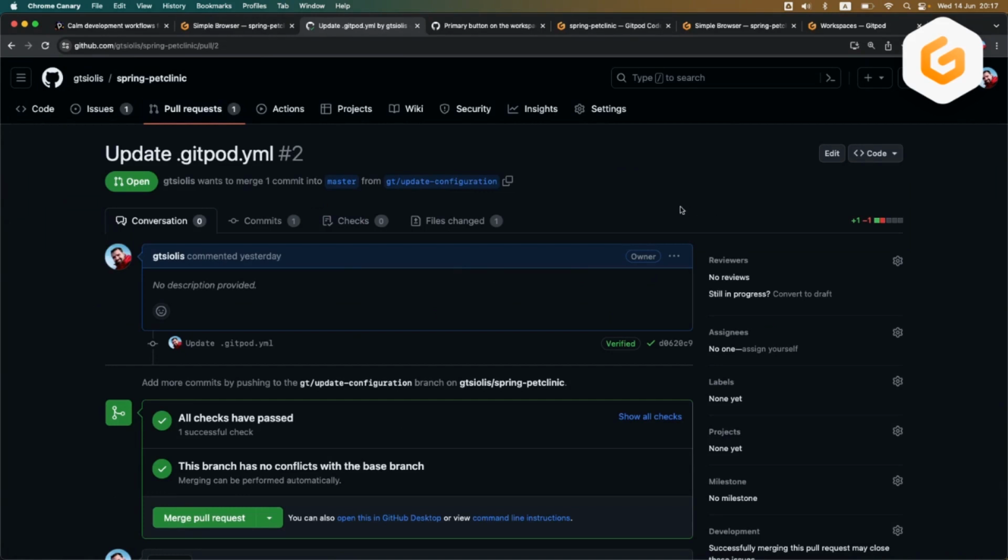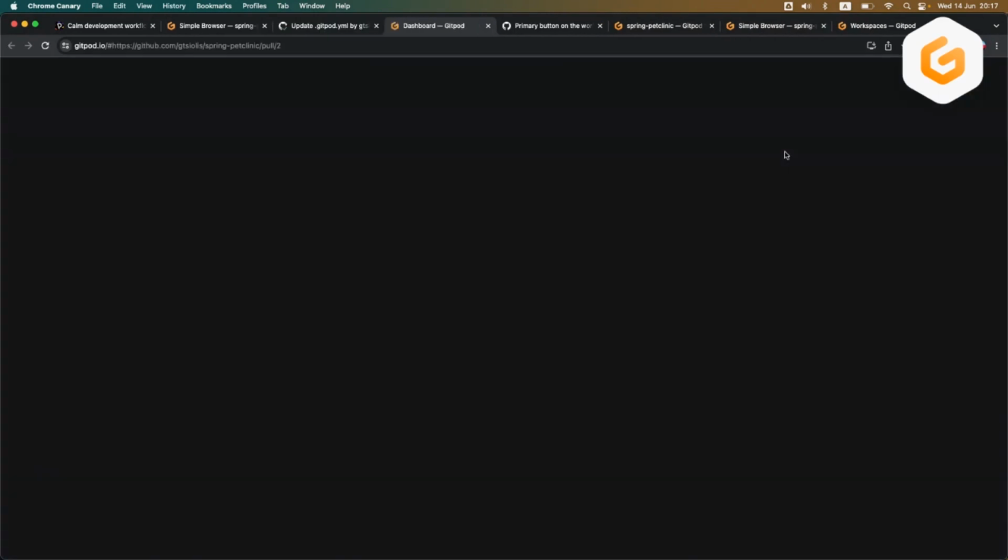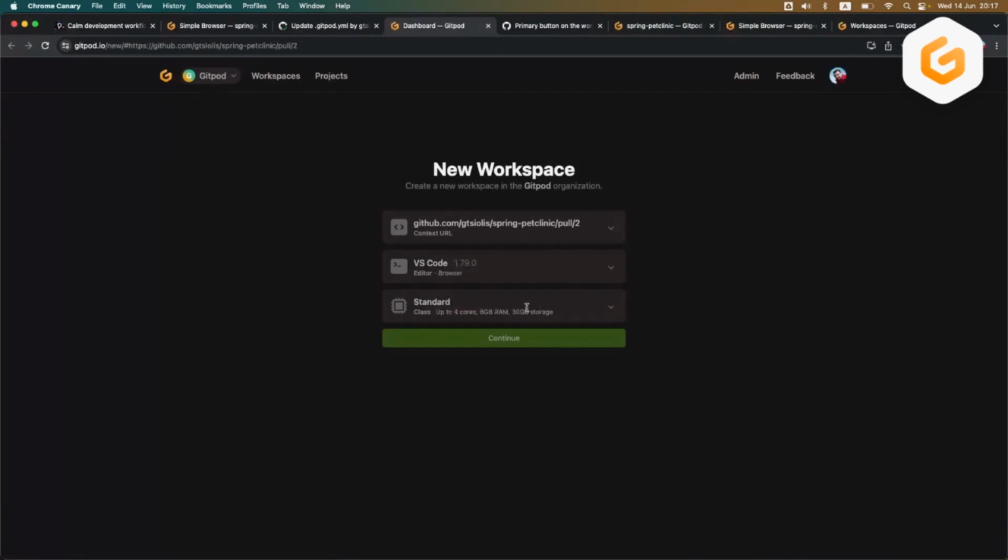And in a pull request view, we also have the GitHub extension for VS Code built in. So when you open, you have the pull request view, and you can actually do the review inside VS Code and just leave and close the workspace.